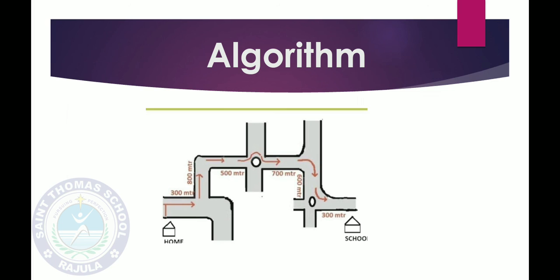Okay, so if he has this map with him, then he can easily come to your school just by your giving instructions. You can say, start from my home, take a right and go for 300 meters. Then take a left turn and go straight for another 100 meters. Like this you can guide, and very easily he will reach your school. So same as with the help of a flowchart, you can easily write down the algorithm. If you have a pictorial representation, based on that you can easily convert that data into instructions.